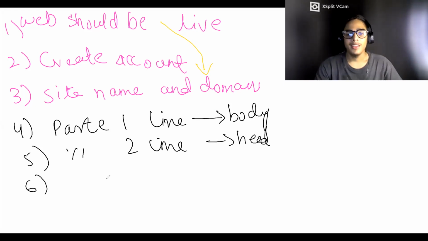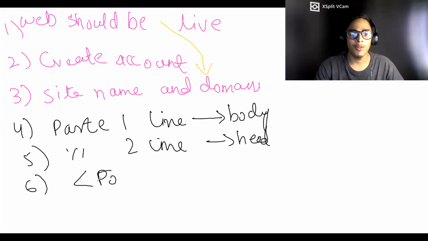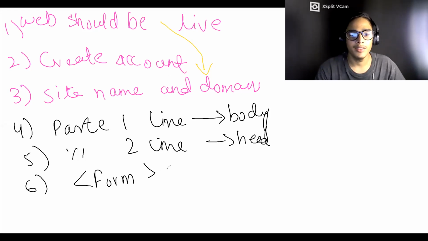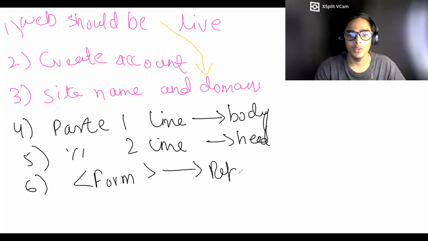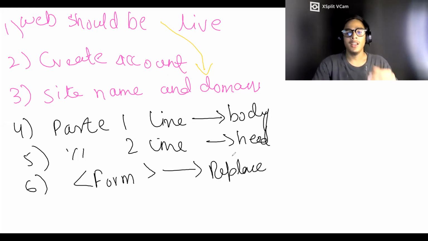Step 6, just replace the form tag with the Pageclip form. Okay, replace the form. Sorry for the handwriting, it is just for understanding. Replace the form tag. You have to replace the form tag which is actually in your website with your Pageclip form.